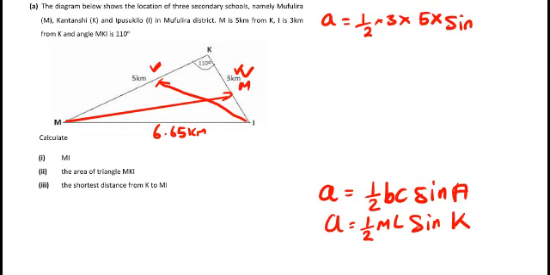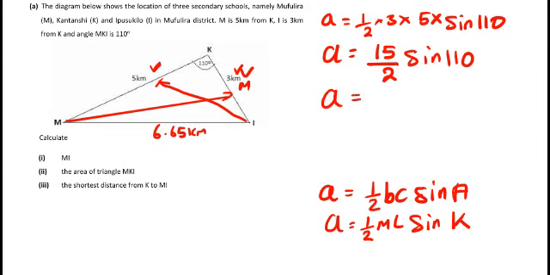So we just multiply everything on top. 3 multiplied by 5, we are going to get 15. So we have 15 over 2 sine 110, and then you just say area is equal to 15 sine